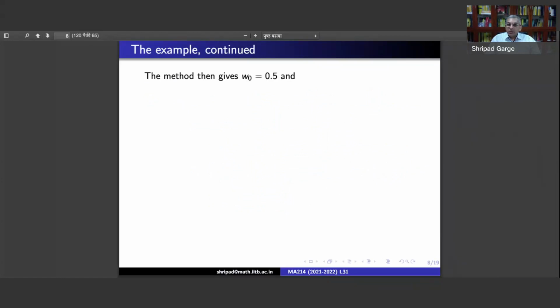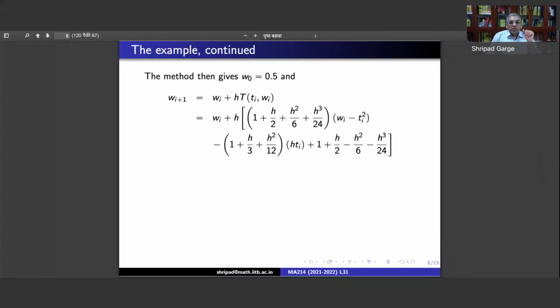It will give w_0 equal to 0.5. The initial value will not change, and w_{i+1} is w_i plus h capital T of t_i, w_i. So w_i plus h into this whole quantity in square brackets, which is picked up from our previous calculation of capital T of t_i, w_i. Now we can put in the values of h. Capital N is the same, our interval is the same, our initial value problem itself is the same. So we put those values, n equal to 10, h equal to 0.2, and I will just write the final computation now,